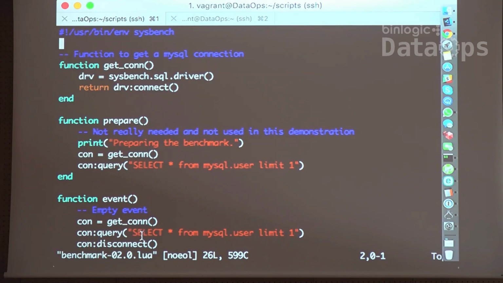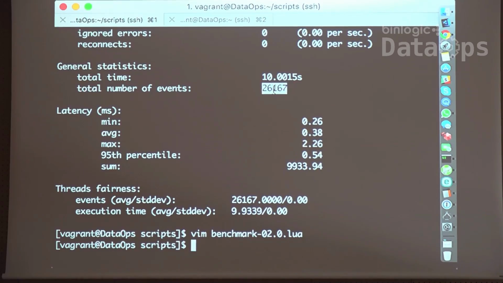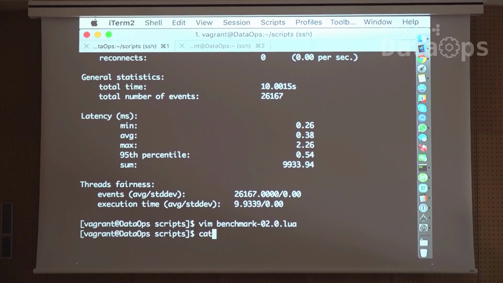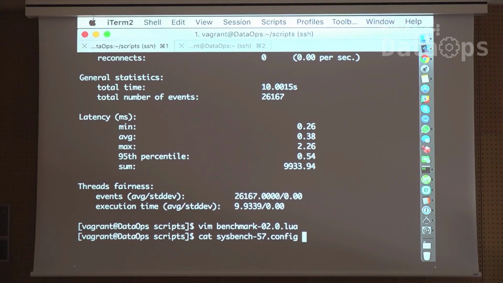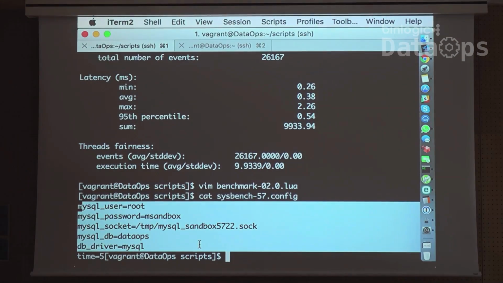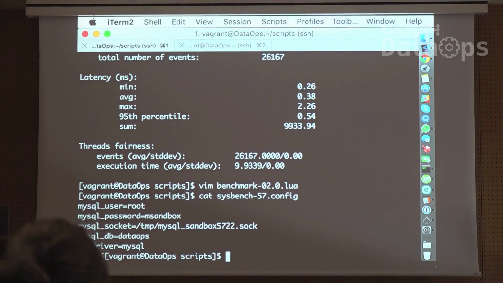Each time that I run, each dot means that it made a select aster from mysql.user limit 1. Okay? And it was able to execute 26,000 events during those 10 seconds. But if you want to avoid having this size of parameters, what you can do is use the sysbench config, where you can put the configuration options. And in this case, you can do just